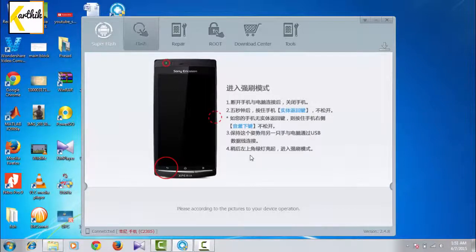I'm still waiting to connect. Okay, after 1 minute we have to connect the Xperia C like before, by holding the volume down button, pressing it and connecting the USB cable.